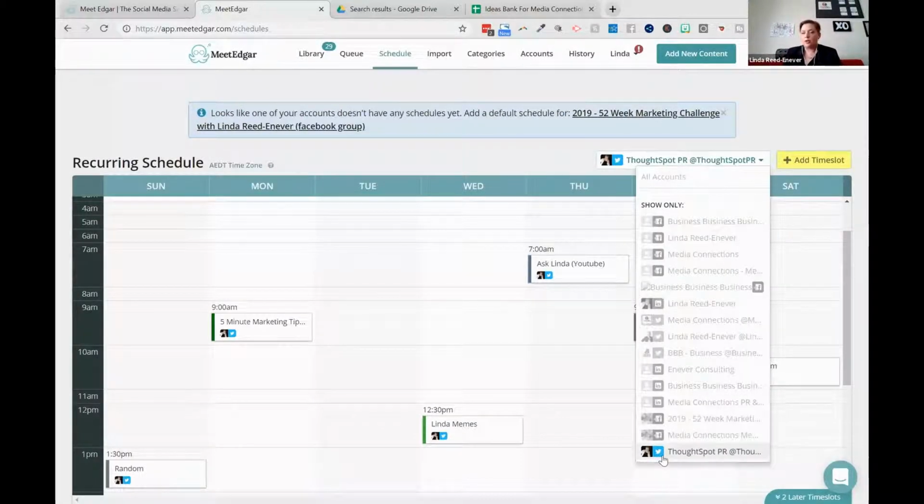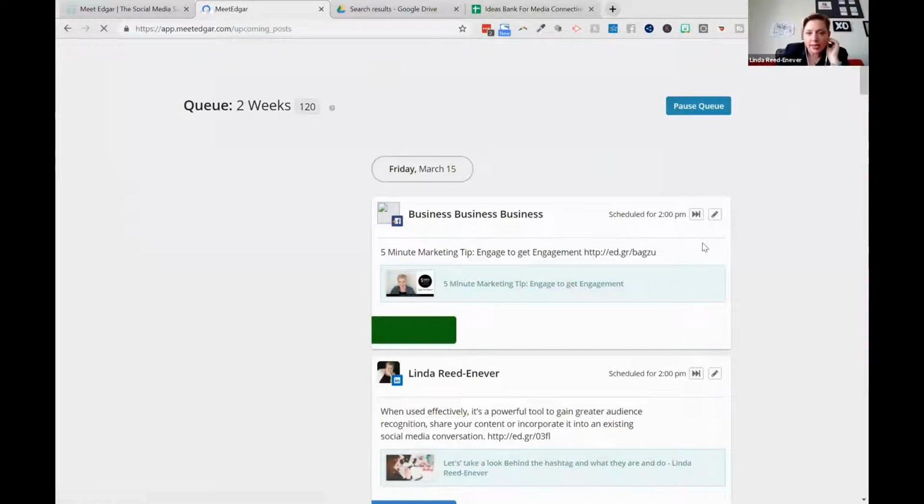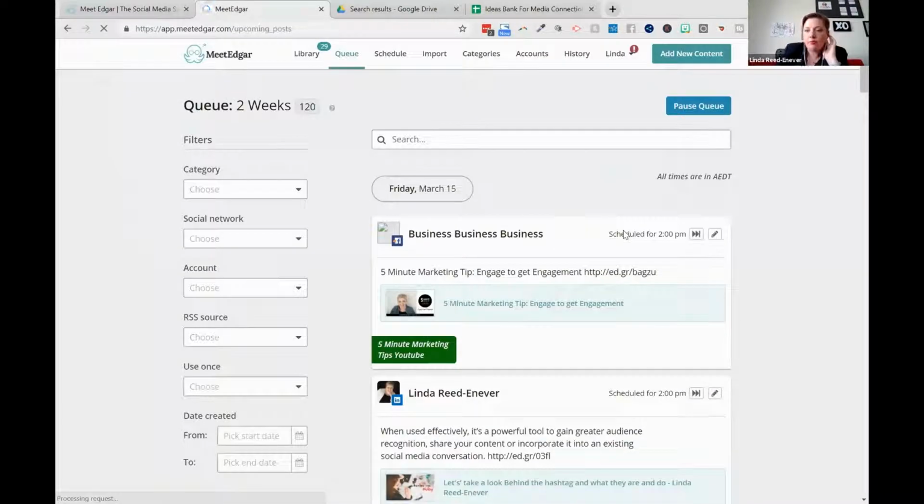So you select the social profile, you select the option out there, and as you create content, it will start getting selected to it. The queue that you can see over here is then how that content gets delivered out. And I'll show you how to start adding some content very shortly. The queue over here is how the content actually gets delivered out. So you can see that scheduled for 2 o'clock this